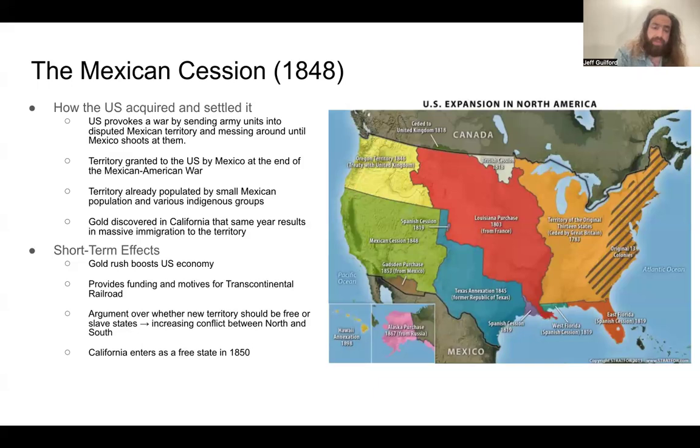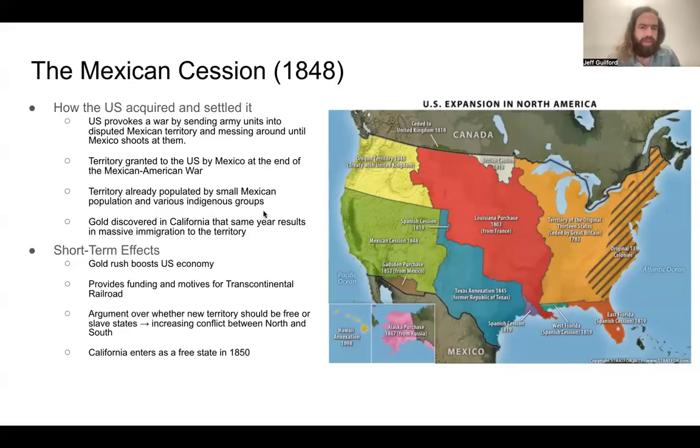After the U.S. successfully captures Mexico City, we force the Mexicans to sign a peace treaty called the Treaty of Guadalupe Hidalgo, in which they cede to us basically half of all their territory. So all of this stuff up here, this green area here, including California, Arizona, New Mexico, Nevada, Colorado, and Utah, all of that becomes U.S. territory. And that combined with the loss of Texas is about half, if not more than half, of all of the territory of New Spain.